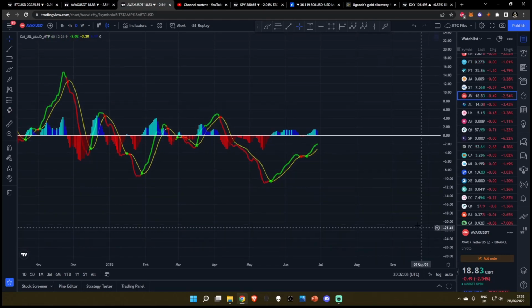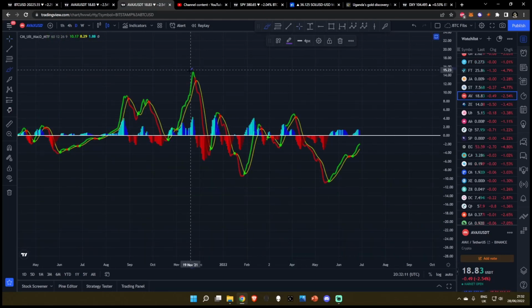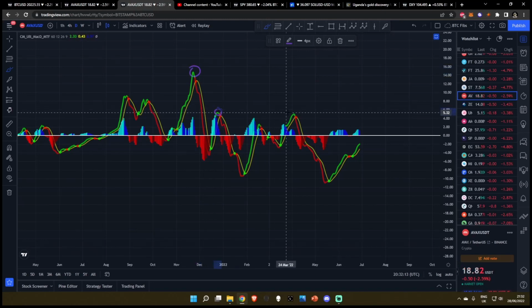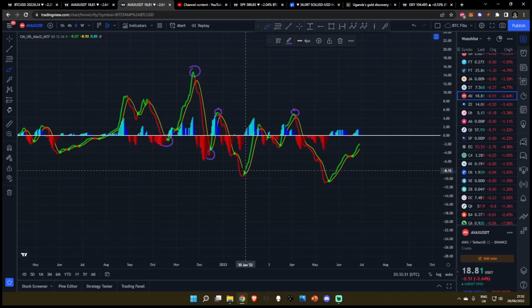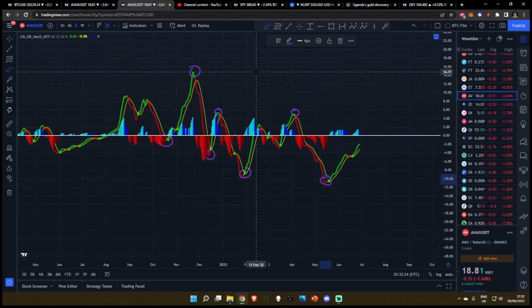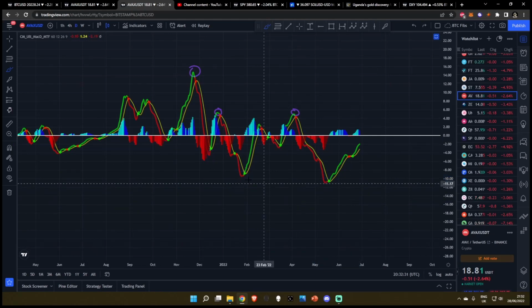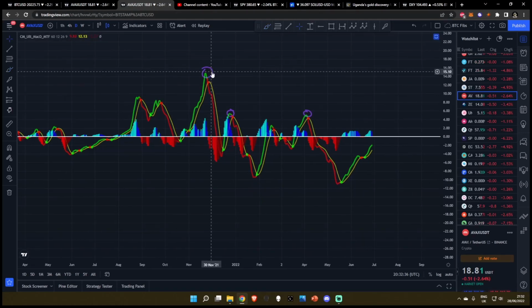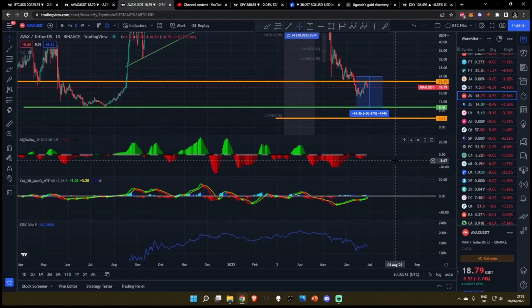The MACD as well, this is very, very bearish. You can see you've got highs up here, you've got lower highs for the bullish momentum, and to the downside what you're seeing is lows for bearish momentum, lower lows, and lower lows. Bear in mind, higher highs is bullish on the upside, and lower lows is bearish on the downside, because this is how much momentum we're having to the downside. So you can imagine every lower low just means bears are getting stronger and stronger. And subsequently, if we do follow this market structure where we do start to top out round about this region, we're really going to see the MACD cross very, very harshly and start to push us down pretty quickly.